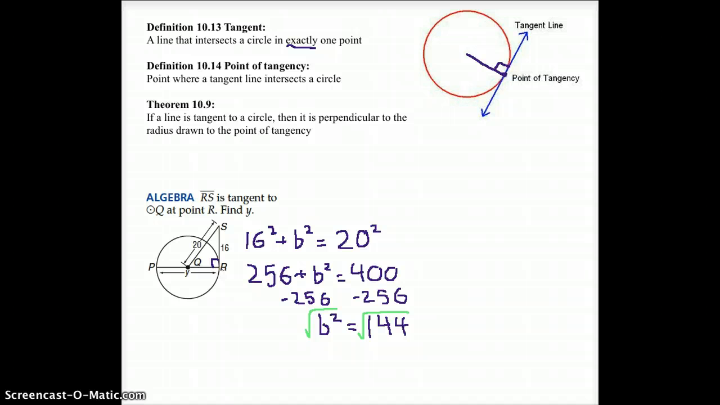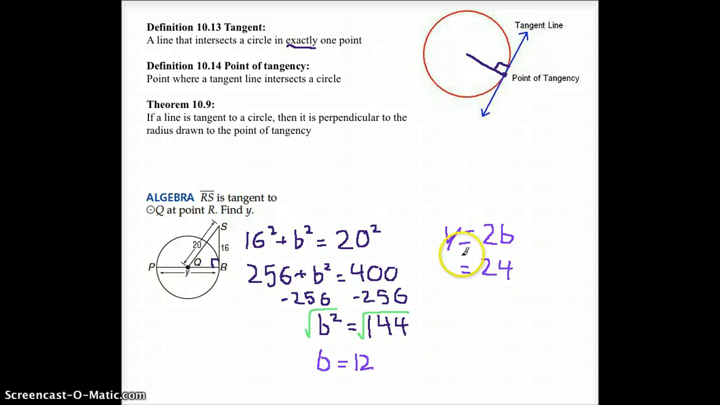So we take the square root, and then b should equal the square root of 144, which is 12. Now b, remember, was just half of this because I'm using the right triangle. So I need to double that to get y. So y is equal to 2 times b, which is